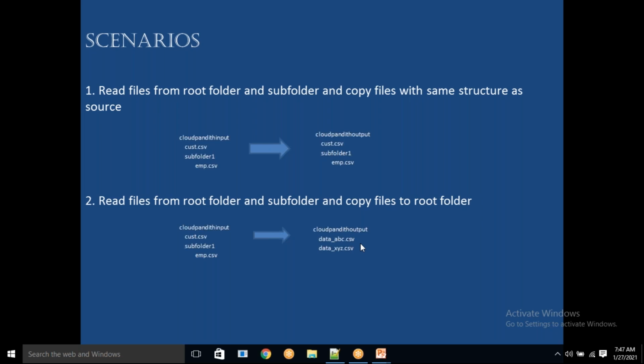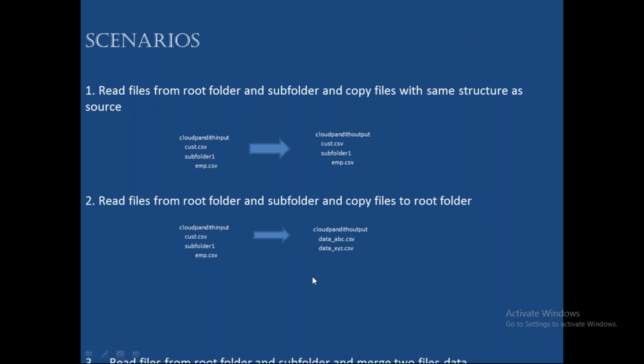No, it will ask. By default, it will say cust_copy.csv, copy2.csv, copy3.csv. That's why, on the safer side, I'm just renaming this file, then renaming this file. This renaming will happen automatically, ADF will do that renaming.